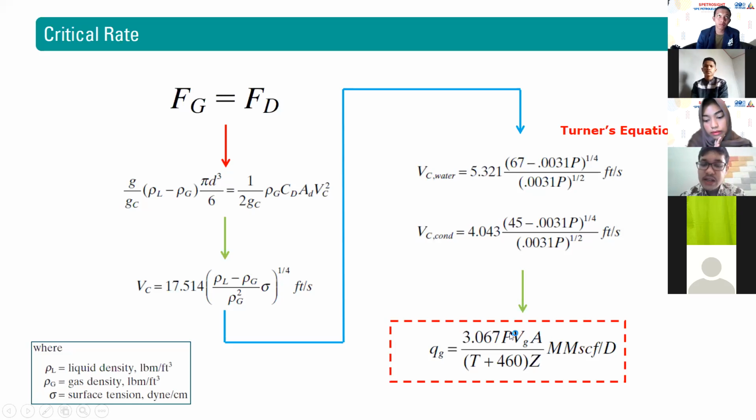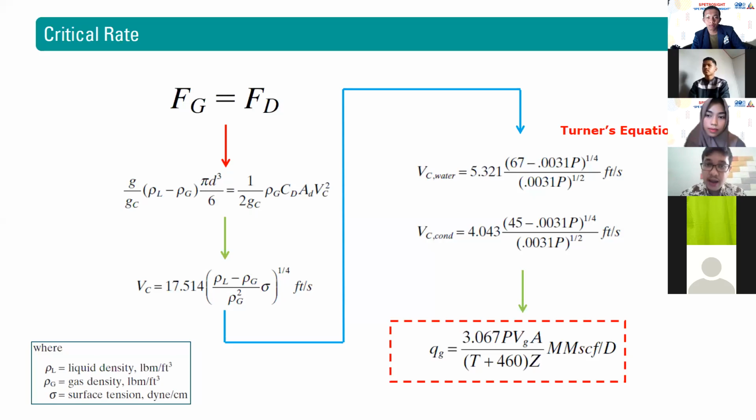Also, using smaller pressure. If you have smaller pressure here, it means that your required critical gas rate is also smaller. So don't use too high a wellhead pressure. Jadi jangan wellhead pressure terlalu tinggi. Jangan choke itu terlalu kecil. Because if we use a small choke, it means that our wellhead pressure will be high, so our required critical flow rate will also be higher. So there are a lot of ways we can decrease or limit our liquid loading. For example, operating at a lower wellhead pressure, or using smaller tubing, or